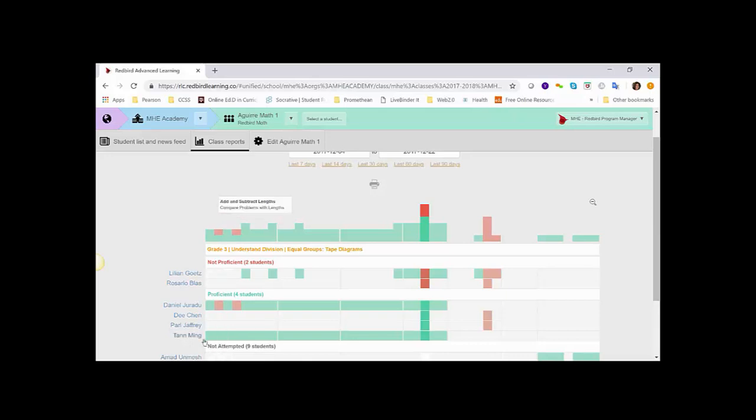Here we see Lillian and Rosario have worked on equal groups with tape diagrams and struggled. Daniel, Dee, Pari, and Tan show evidence of proficiency with those ideas. Now you can plan how to differentiate instruction when you work on 4th grade division to be sure to appropriately